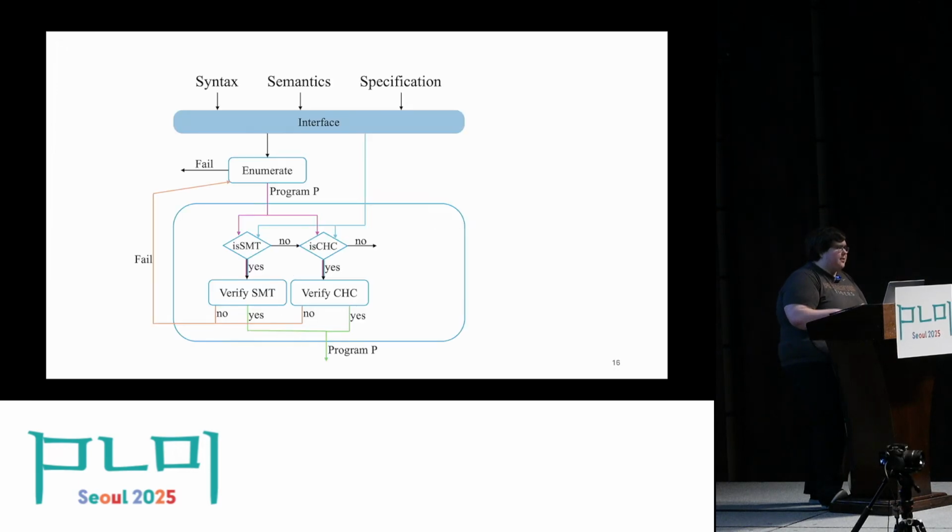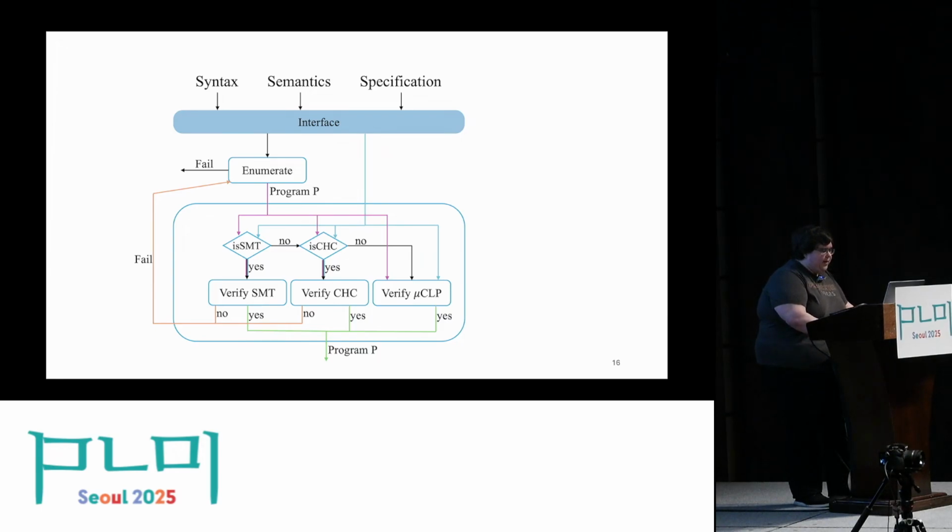And then you just combine that with your query and you can give it to the µCLP solver, which is great. And so now we finally have the last component that says if it's neither SMT encodable or CHC encodable, it is µCLP encodable, because it's just general enough to support every SemGuS verification query. And again, if it says yes, you've got a program. If not, you have to